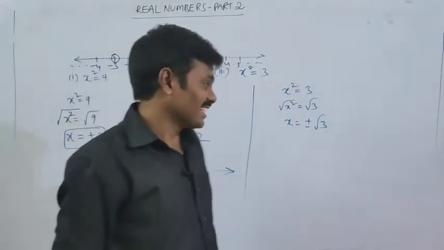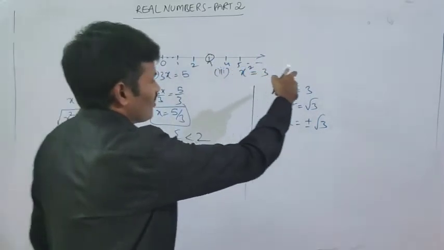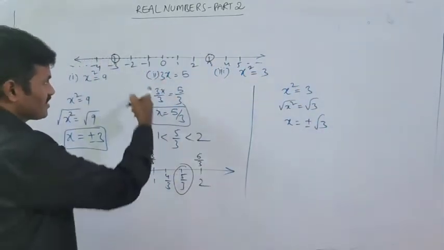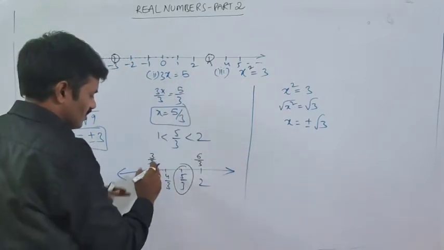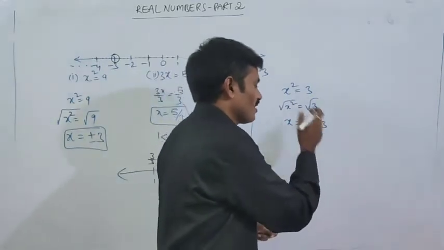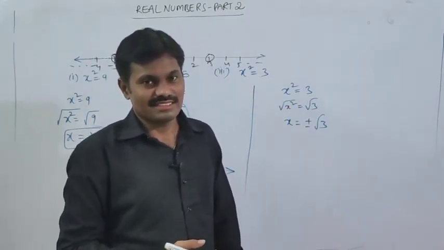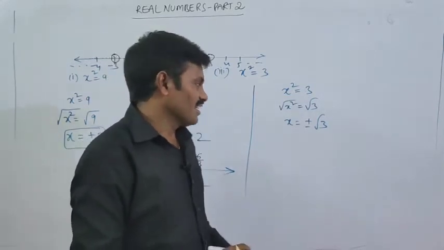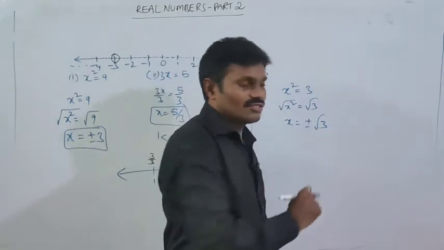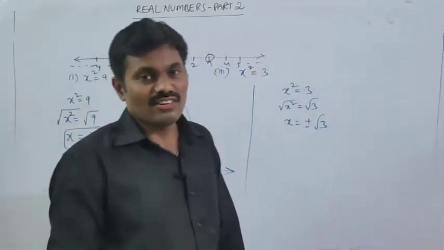See now, root 3. Are there any of those numbers? No, we are unable to see them, and of course 5 by 3 is also not there, but we made it into fractions. Yes. Now how to plot the value root 3 on the number line? Here we don't have a particular value of root 3. Then what is the value of root 3? Don't know. Then how to find the value of root 3?